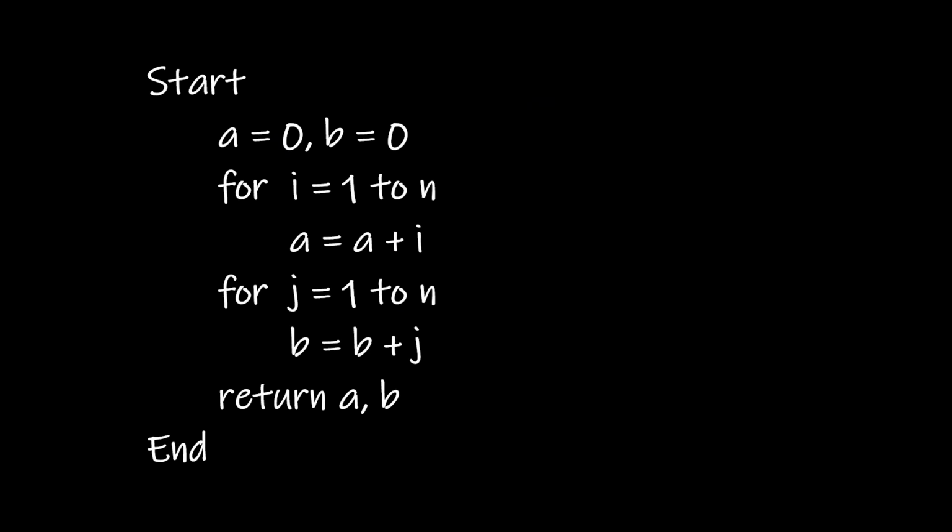Now let us look into another pseudocode. First we initialize our variables a and b. Now this statement will run twice. First to initialize our variable a and then to initialize our variable b. Let us say it takes time c1 to run once. Next we have a for loop which again increments from i equal to 1 to n. As we just saw, this for loop will run n plus 1 times and the statement inside it runs n times. Let's say the time taken by a for loop to run once is c2 and the time taken by the statement to run once is c3.